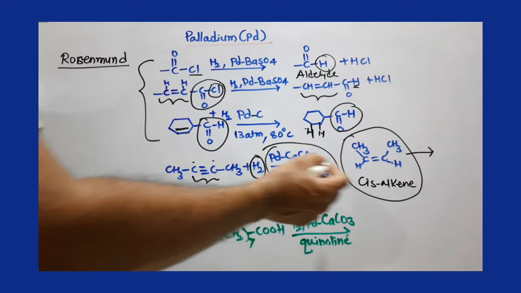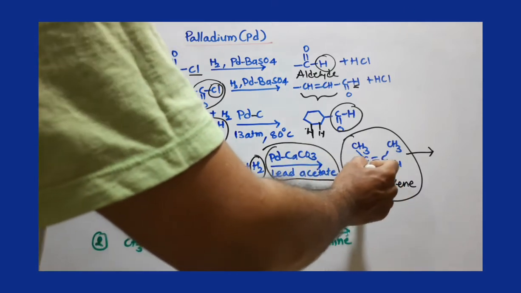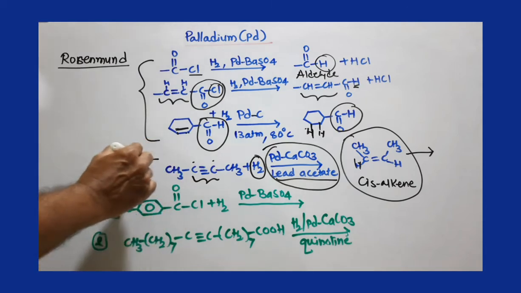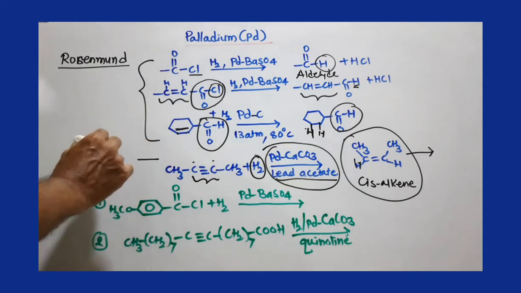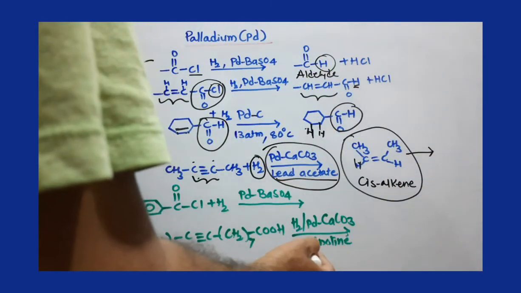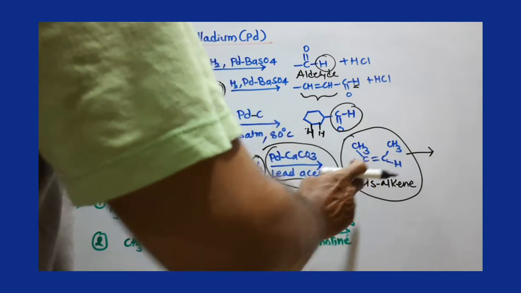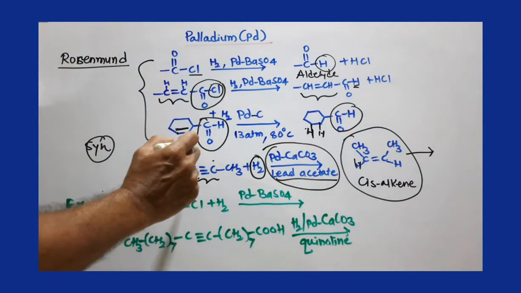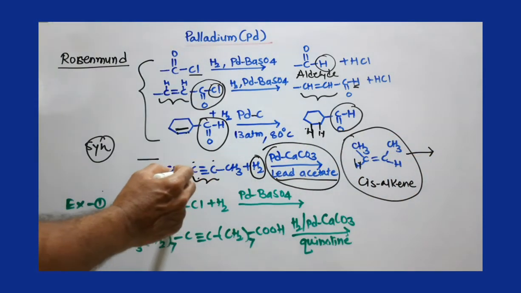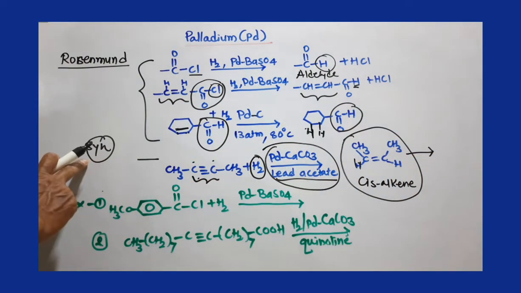So alkyne is converted to the alkene, where both hydrogens are added from the same side. So again this is cis addition. This is called cis addition, or you can say this is syn addition. So by using Lindlar catalyst, alkyne is converted to the alkene. Usually what happens is that the alkene is further reduced to alkane, but you can stop that reaction here by adding poison. So this is cis alkene, and you remember this is syn type of addition. So both hydrogens are added from the same side.